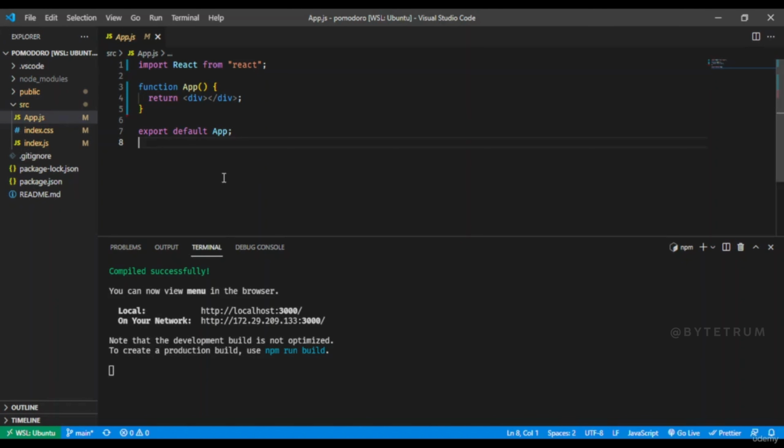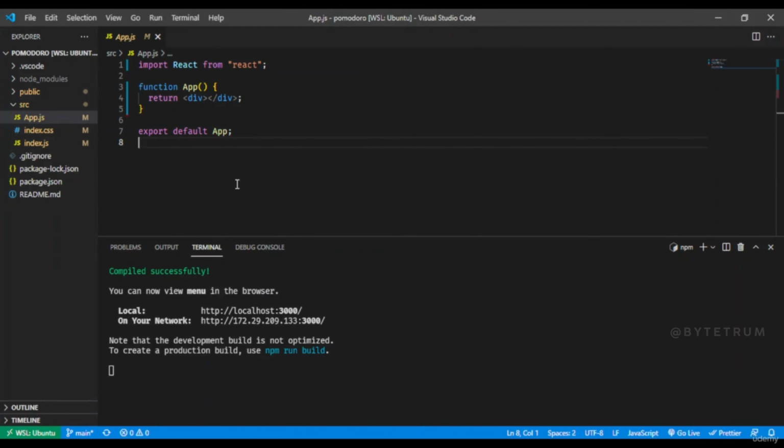Let me show you how you can do that. Let me come here to the browser, and by now it might have opened up the server. You can see our server has been started here, and we can see the changes on the screen. You can see the title has changed to Pomodoro, which we changed in the index.html, and currently the page is fully empty. Why? Because we have not added anything to it. So let me add something and show it to you so that we get confirmation that our app is running successfully. So we will write